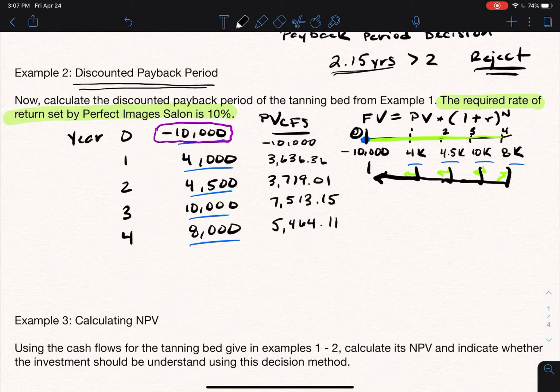And so what that means is we've now incorporated the time value of money into our decision, okay, which is very important because a lot of people who make financial decisions do not think about the time value of money. So all we have to do is just proceed, okay? So the first thing we're going to do is we're going to start out with our investment. So our investment was originally $10,000, and we are going to subtract or add, because it's a negative, we're going to add a positive cash flow of